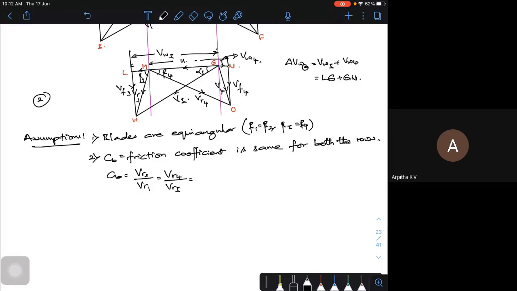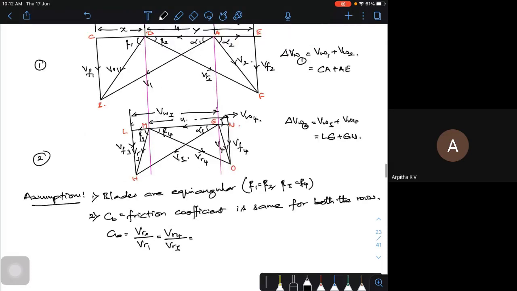Now, if you look at it, at the same time, I have a carryover coefficient, which may be with respect to your V3 and V2. There is a friction between the exit, so you have the carryover coefficient between V3 and V2. So that also, your psi as well as your CB can be the same. That also I can assume and write. But if you want, you can write it or you can leave it. Maybe if you need it for further derivation, we'll consider that.